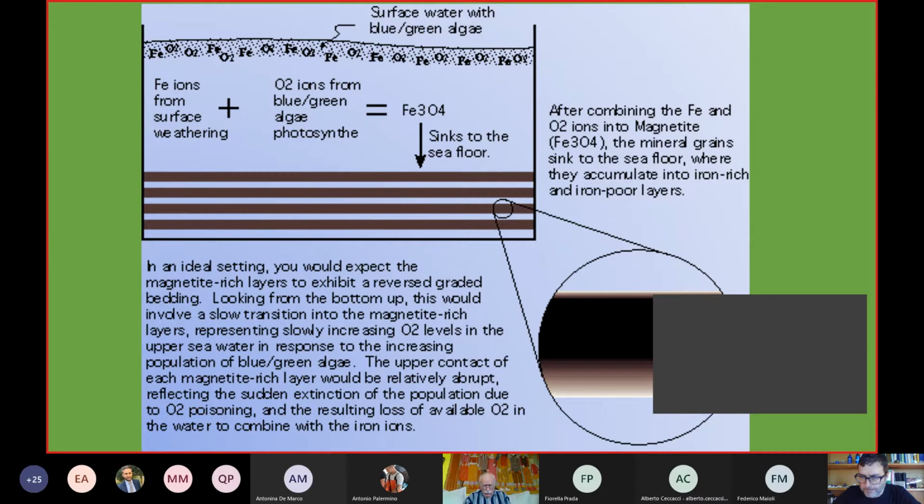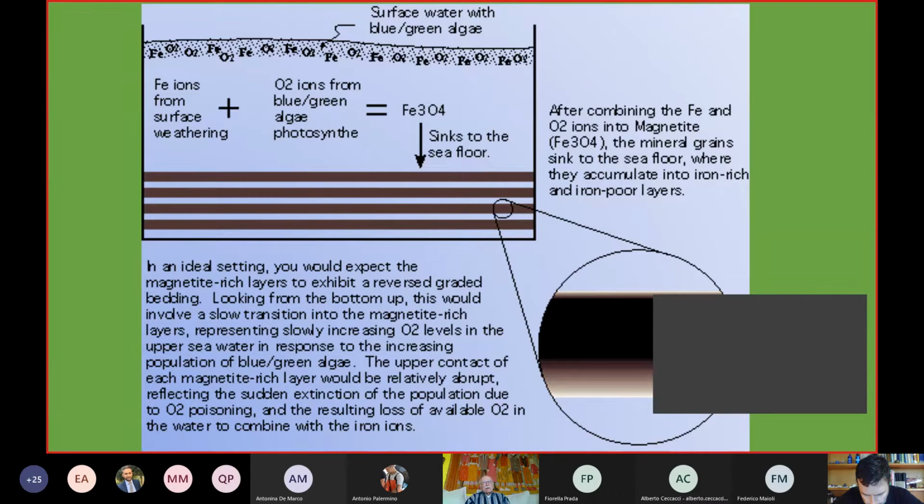Okay. We look now at the ancient ocean. Now, iron is one of the most common elements on our planet. So the ancient ocean was saturated with the soluble oxide of iron, which is water soluble.